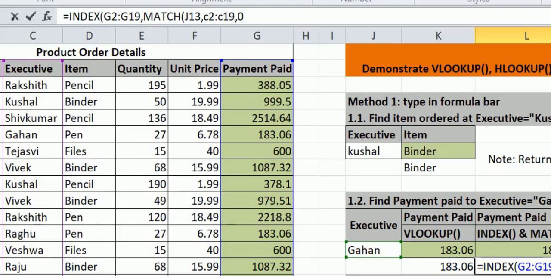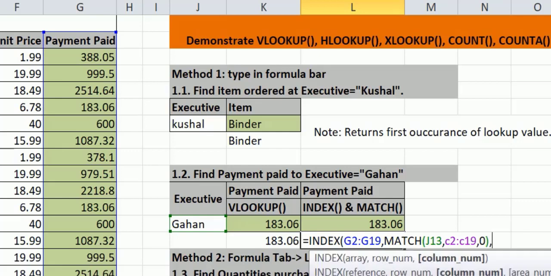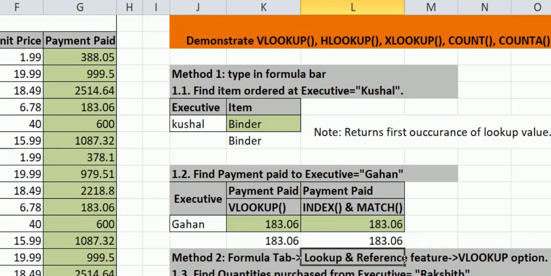This is the match type, exact or lesser value to the match or greater value to the match. You can see in the tooltip. Close it, comma, the third argument of index, click. Okay, now press enter. Yeah, you can see the